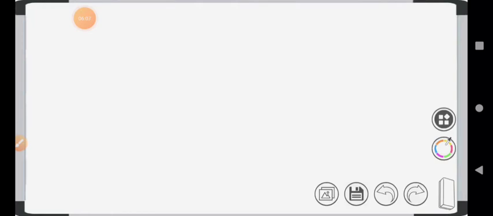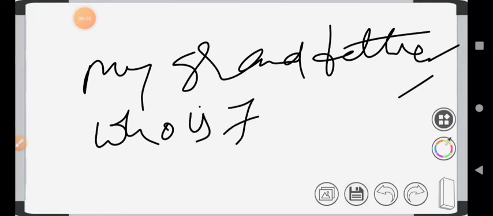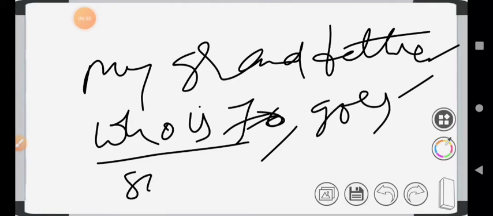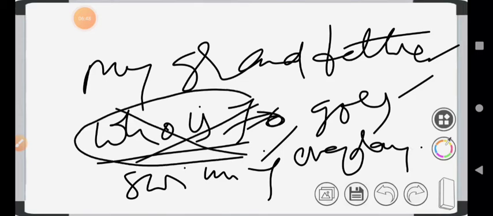One example I will give you: My grandfather, who is 70 years old, goes swimming every day. My grandfather is already identified, so we know whom we are talking about. The clause "who is 70 years old" is in between commas. If we delete this clause, we have: My grandfather goes swimming every day. It still gives full meaning. The clause is not essential.